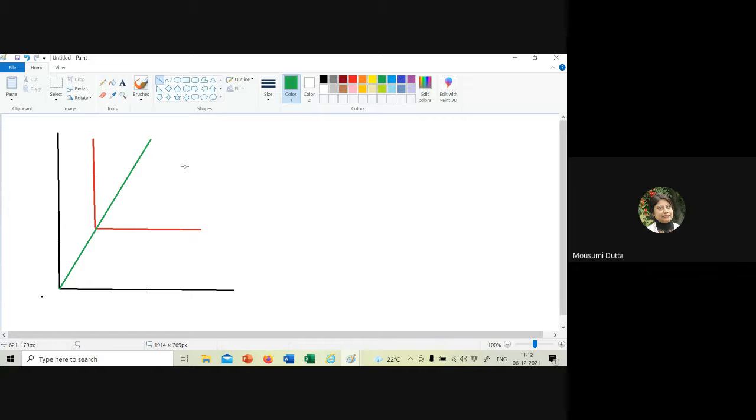Let's mark the points first. Two commodity world, X1 and X2 being two commodities. This is IC1. This is say point A, and this is say K. So the ray OK